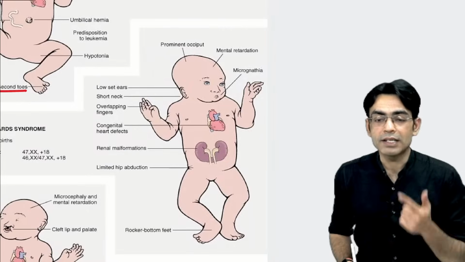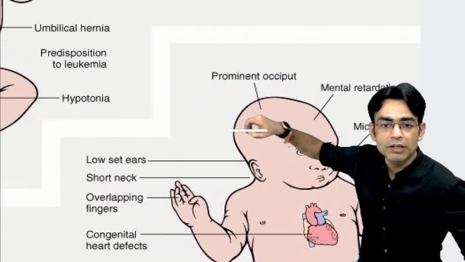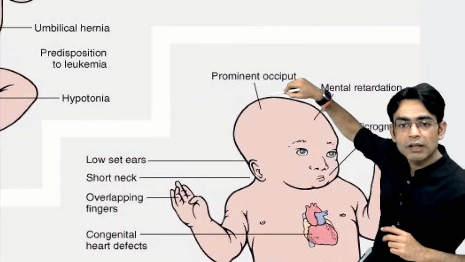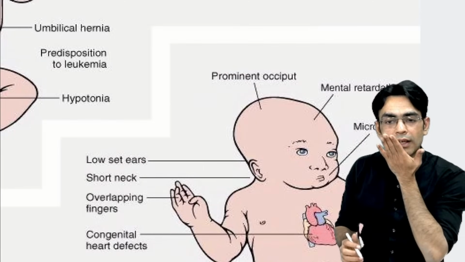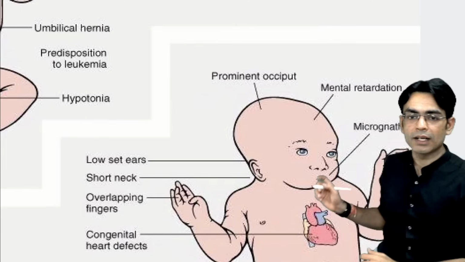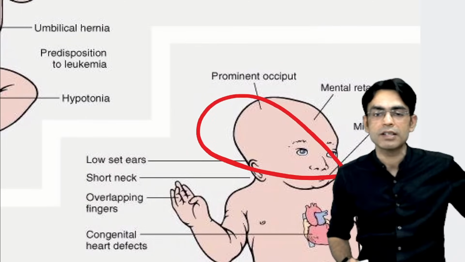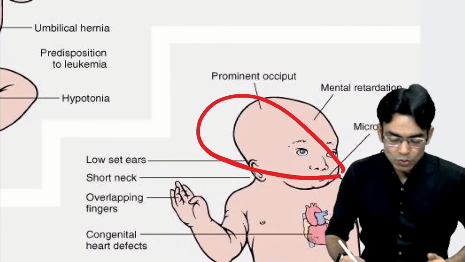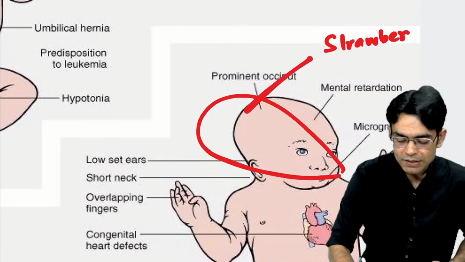ट्राइसोमी 18। इसके अंदर क्या होता है बेटा? एक तो मैंने आपको बताया था, इसमें जो ऑक्सीपिटल रीजन होता है, ये ऑक्सीपिटल रीजन आउट और चिन मूविंग इनसाइड। तो ये कोन जैसा बन जाता है, क्योंकि ऑक्सीपिटल रीजन बाहर है, चिन अंदर हो गई। तो इसको हम बोलते हैं बेटा स्ट्रॉबेरी स्कल। What we call it as strawberry skull.